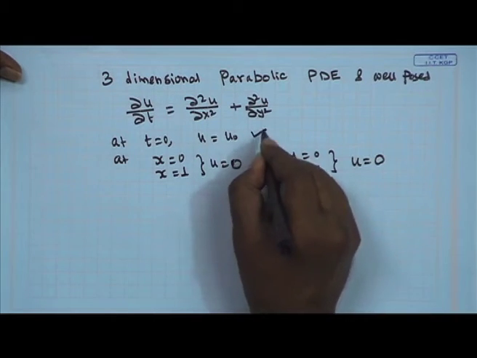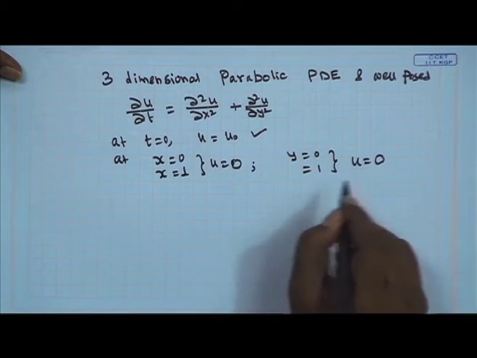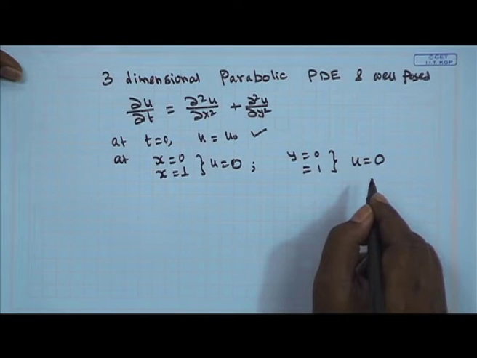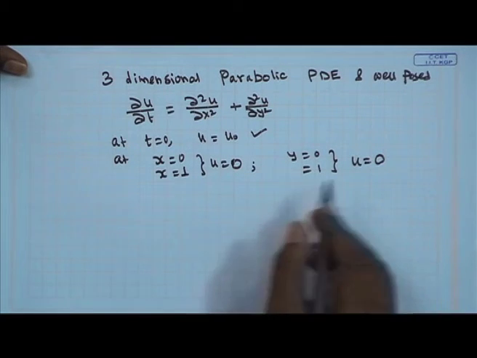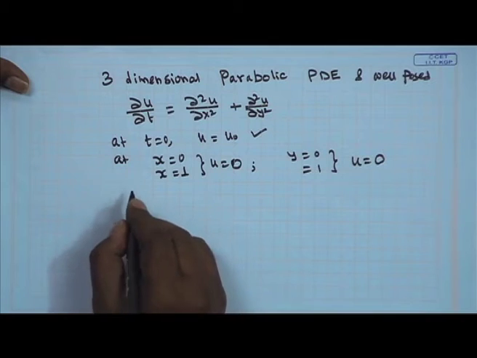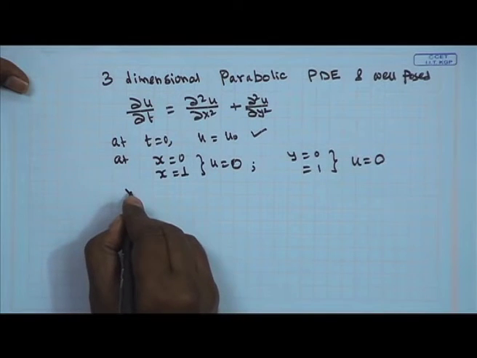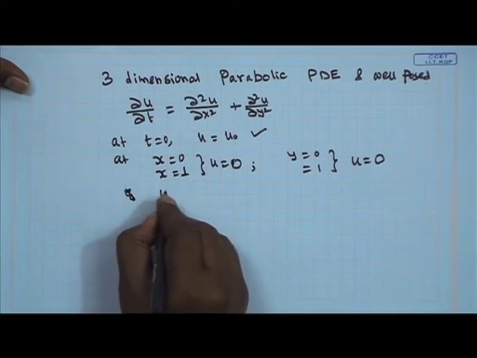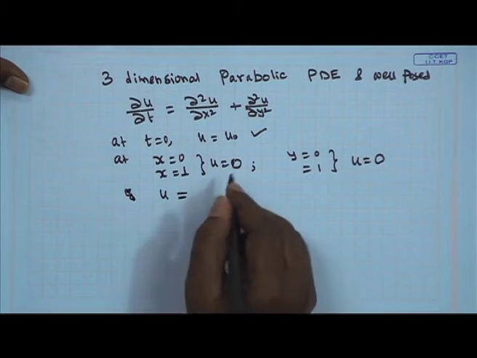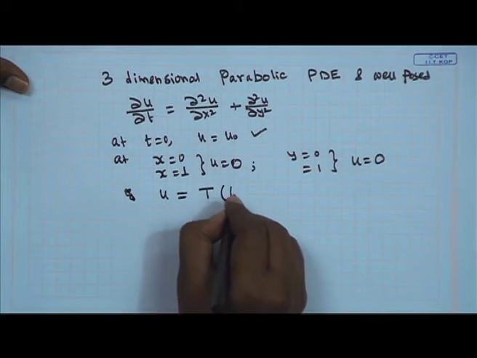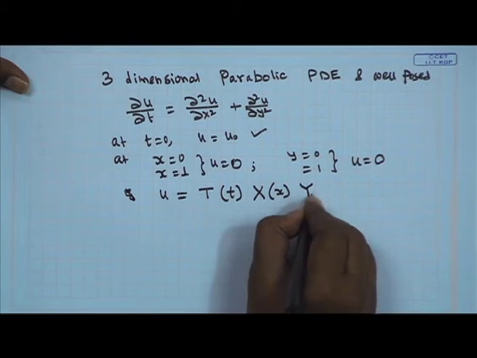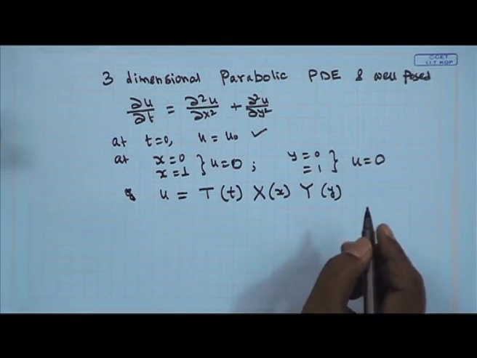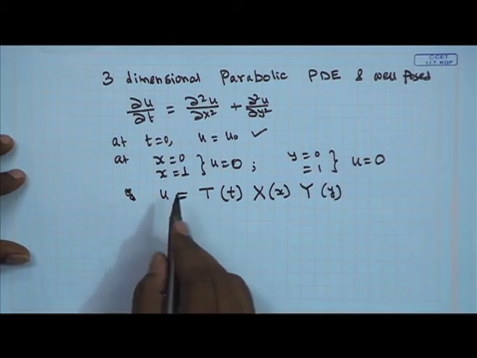So, therefore, you will be having a non-zero initial condition and all 4 boundaries located at x equal to 0, x equal to 1, y equal to 0 and y equal to 1, are homogeneous and they will be equal to 0. So, again we will be going for a separation of variables type of solution, and we assume that the complete solution u is a product of 3 functions. One is entirely a function of time, another is entirely a function of x, and the third one is entirely a function of y. Okay. So, we substitute this in the governing equation.